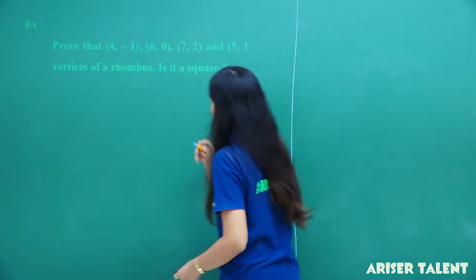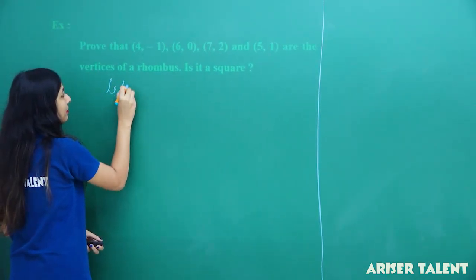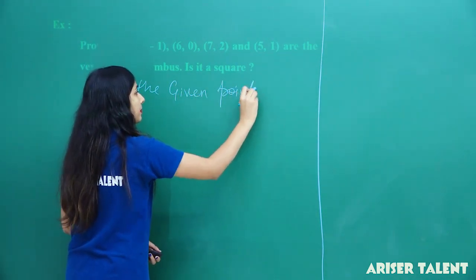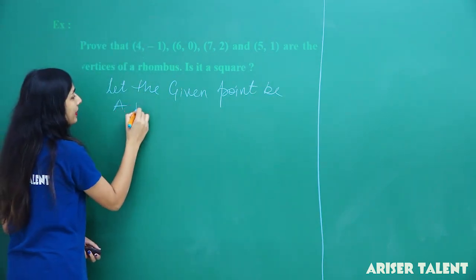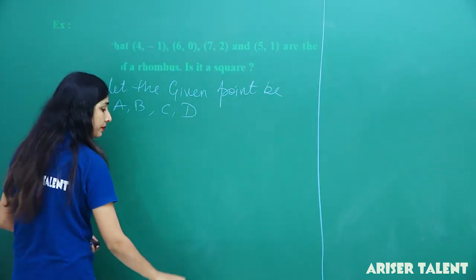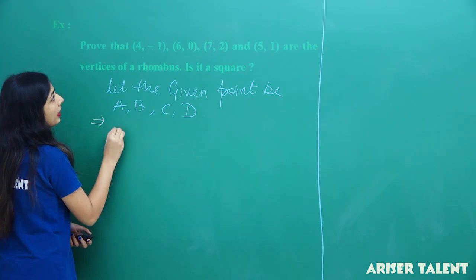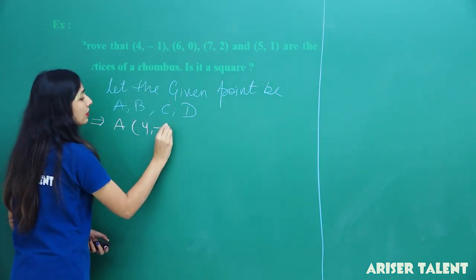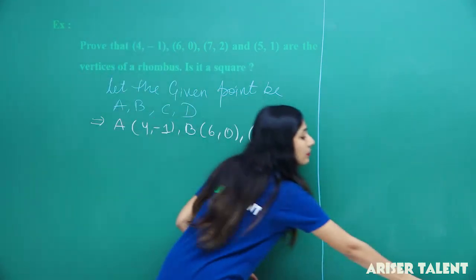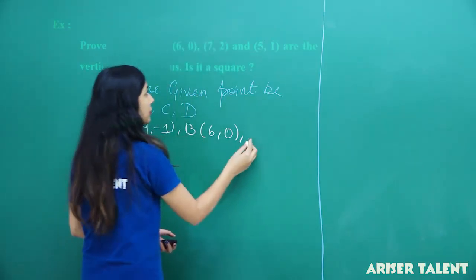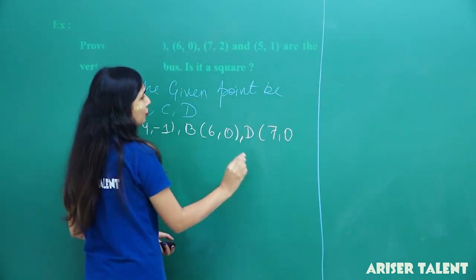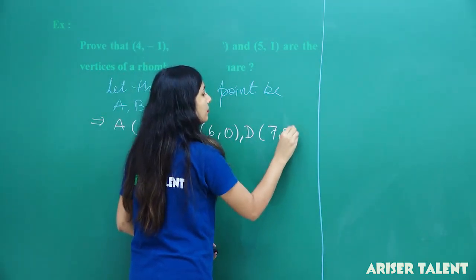Let the given points be A, B, C and D. So A is (4, -1), B is (6, 0), C is (7, 2),